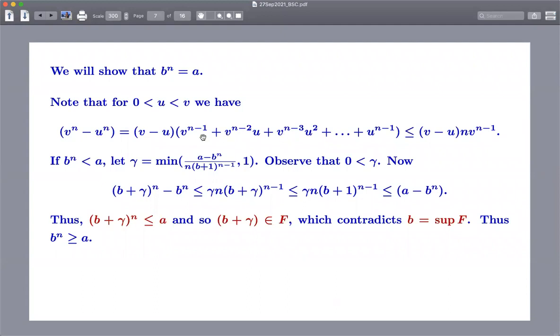And then in each of these terms, v is bigger. So the first term here is bigger than all the terms that follow. So whatever is in the second bracket is less than or equal to n times the first term, because the first term dominates all the other terms. So we just substitute v in place of u, right? As v is greater than u. Yes.